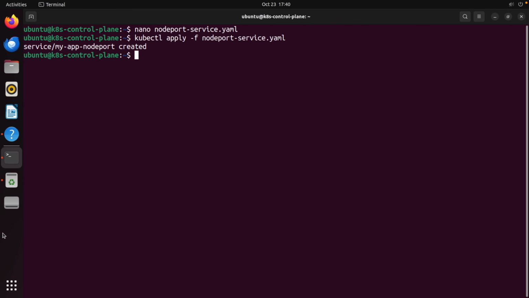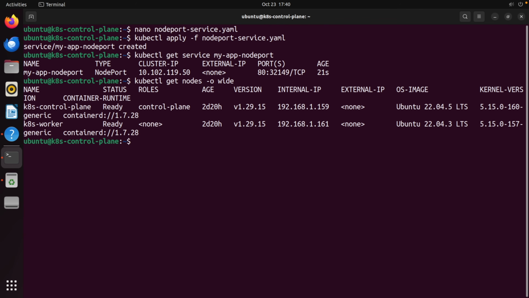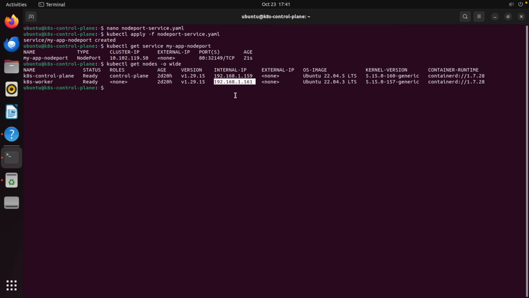To access this, we need two pieces of information: the IP address of one of our nodes and the port that Kubernetes assigned. So let's get the service details to find the port. In the output, we can look at the port column, and that is our node port, 32149. Now we'll do get nodes wide to get our worker node's IP address, which is right here,